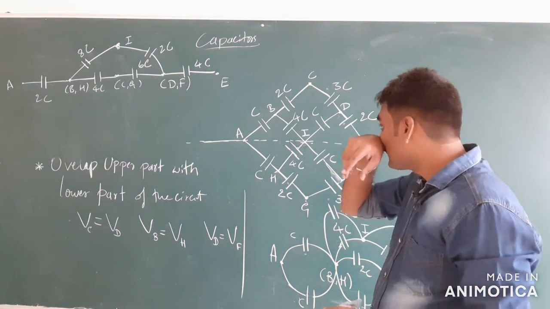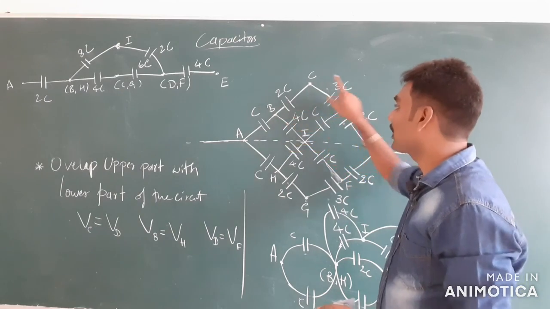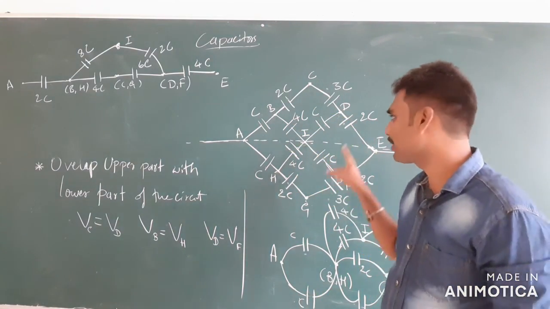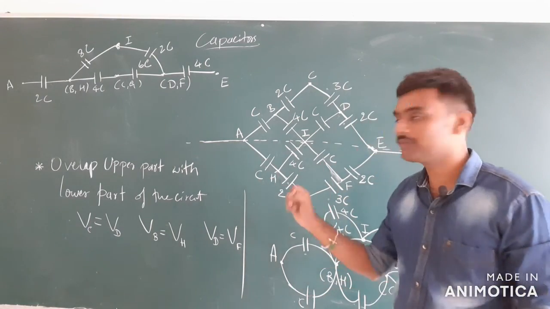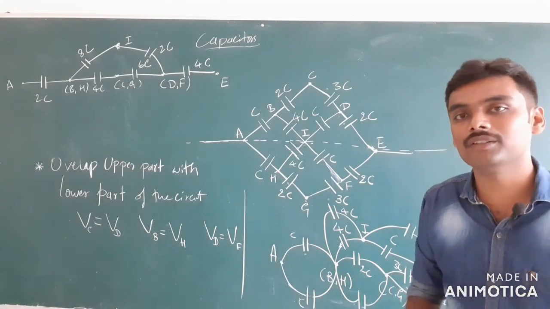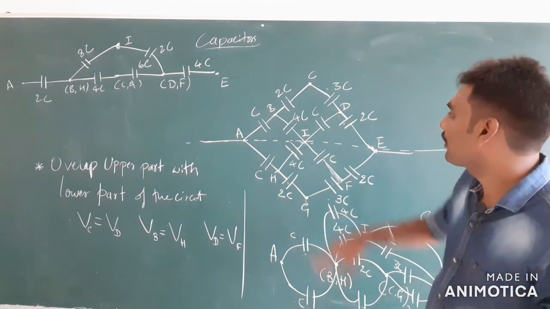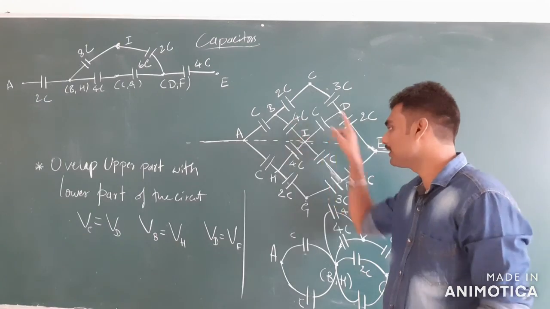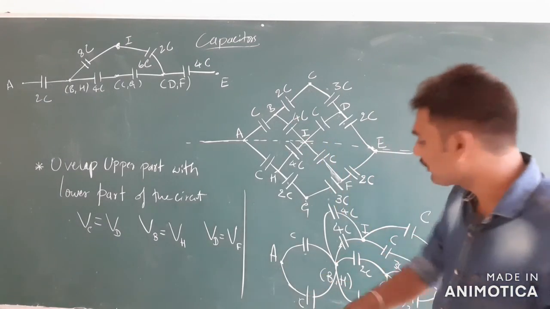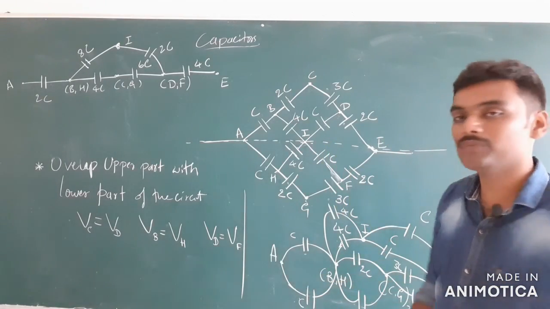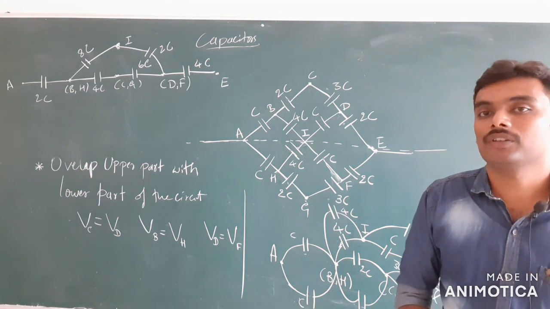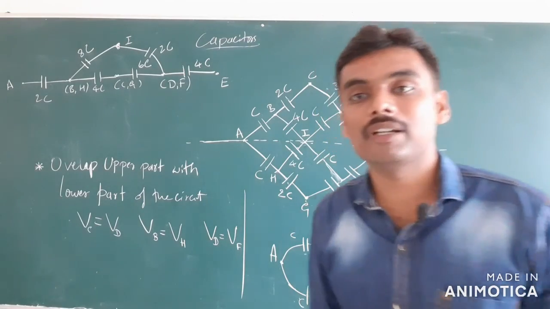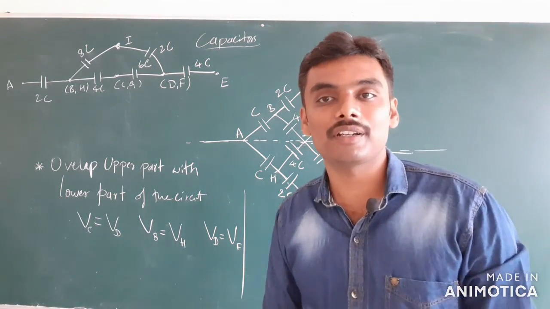And normally what they do is they'll give the same capacitors. Even if they give different capacitances, you should be able to solve like this. Practice will make the speed better. But normally they'll put the same capacitance, C. That will make the reduced circuit still simple, and hence you can solve it easily. Okay. So this is about parallel symmetry or horizontal symmetry.